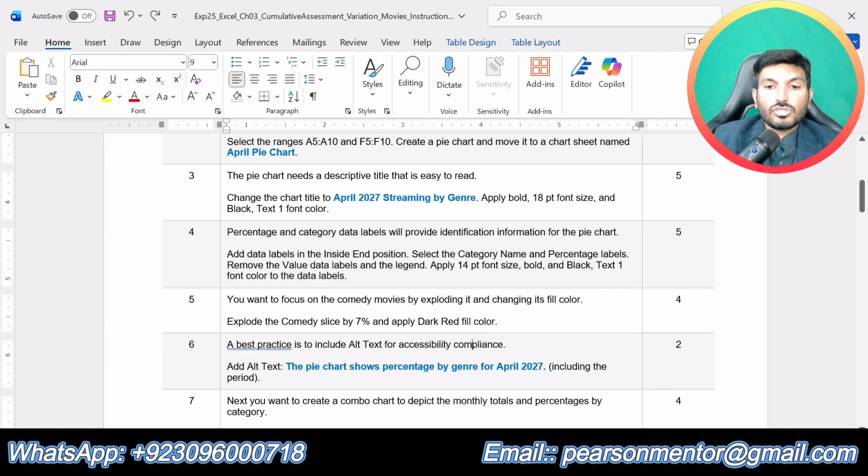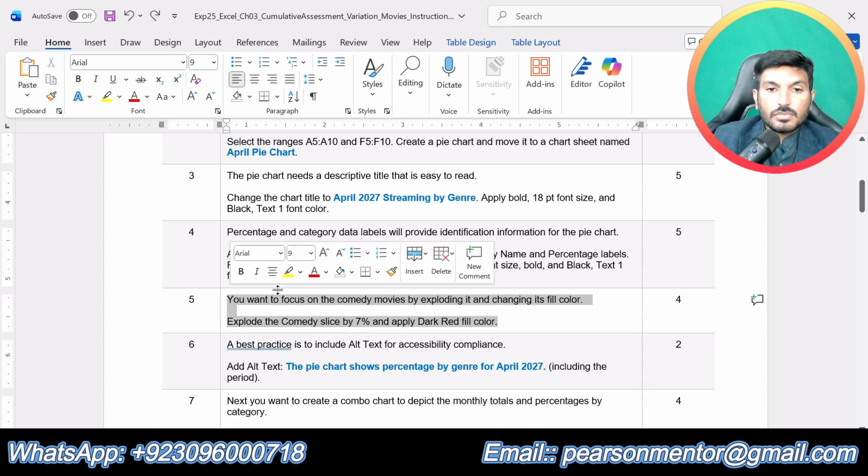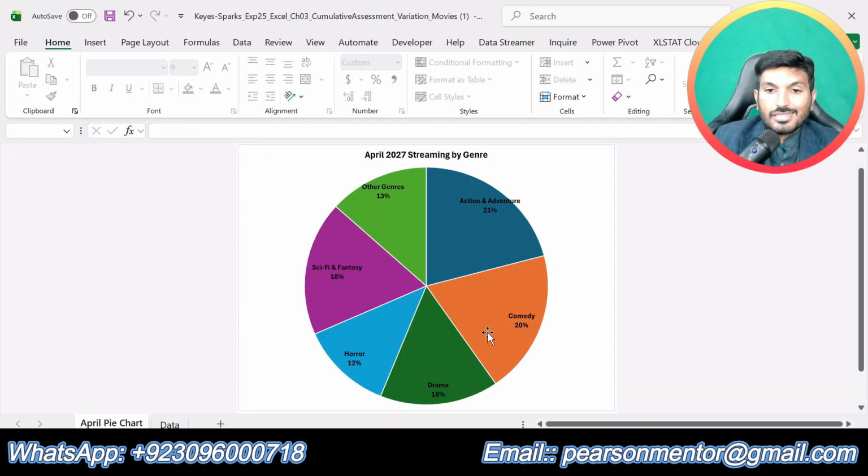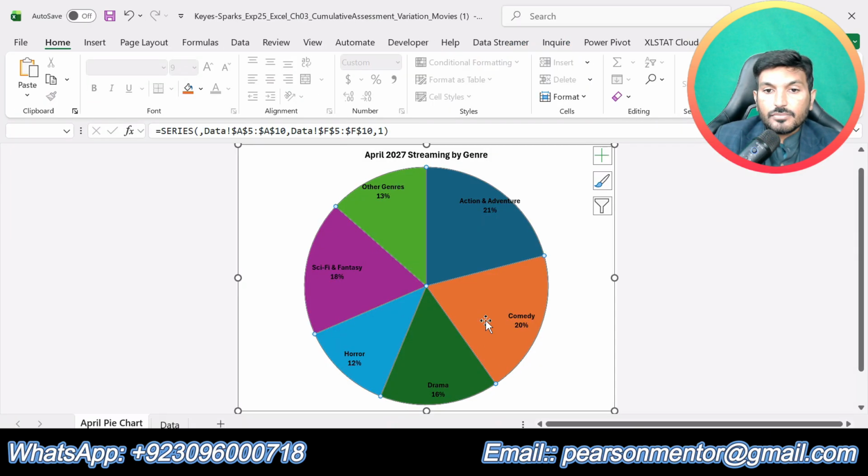So now let's do step number 5. You want to focus on the comedy movies by exploding it and changing the fill color. Explode the comedy slice by 7% and apply dark red fill color. So now you can see this is the comedy slice.